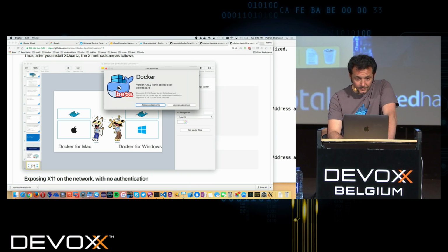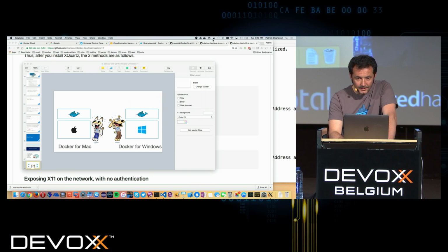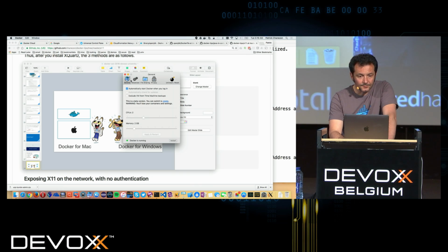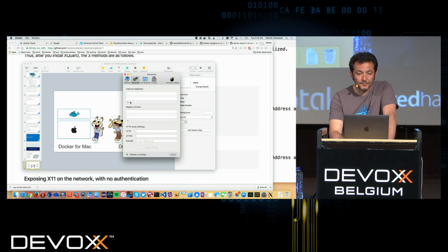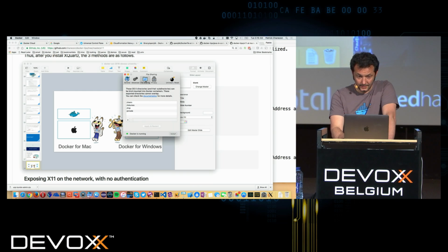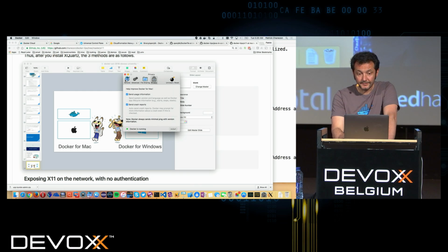I can check which version I have, and then I can set some preferences. For example, I can change the memory that my Docker VM is using, the number of CPUs, and there are some advanced preferences to use registries or to set proxy settings. There are some preferences for file sharing, for privacy, and I can reset it from there.